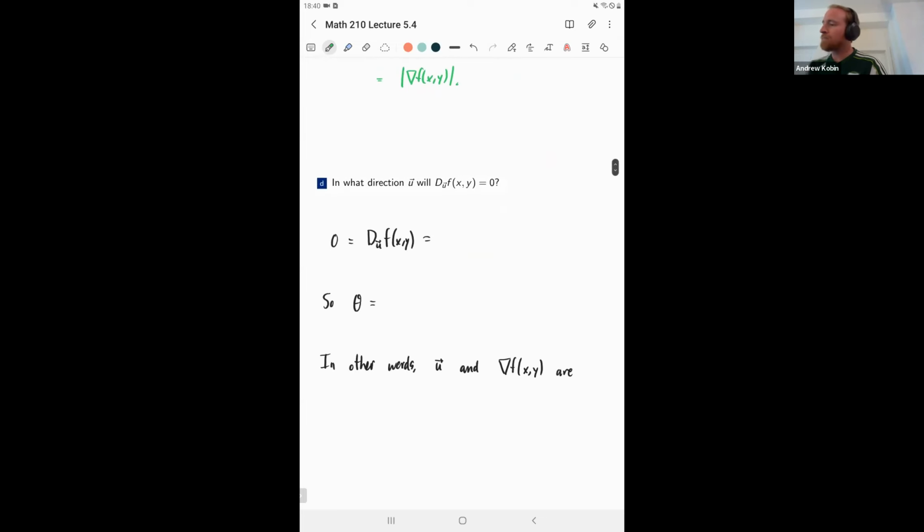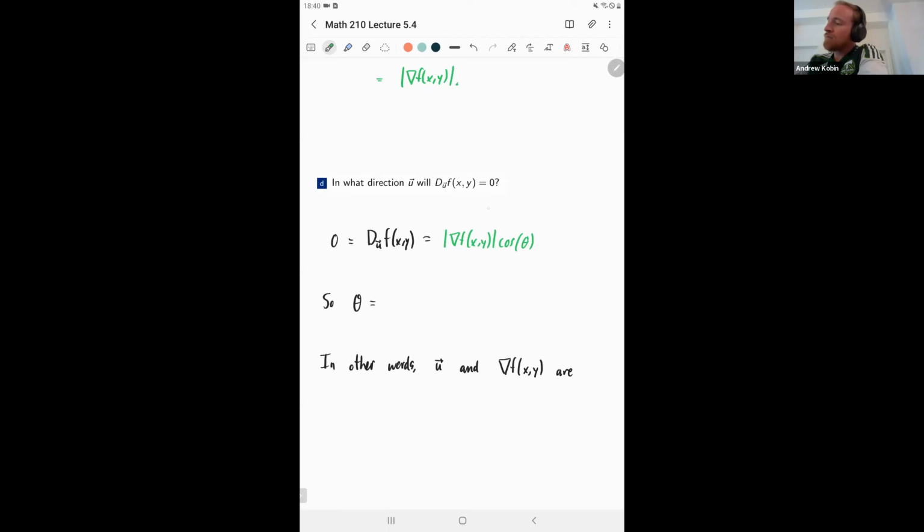And to do this, I want to rewrite our formula from above one more time and answer the question, in which direction will we get a directional derivative of 0, meaning a minimal rate of change, or no rate of change, in other words. If we rewrite using our angle formula, the directional derivative is computed by the length of the gradient vector times cosine of the angle between the gradient vector and our direction u. And if we set this equal to 0 and try to ask for which angle this will happen,